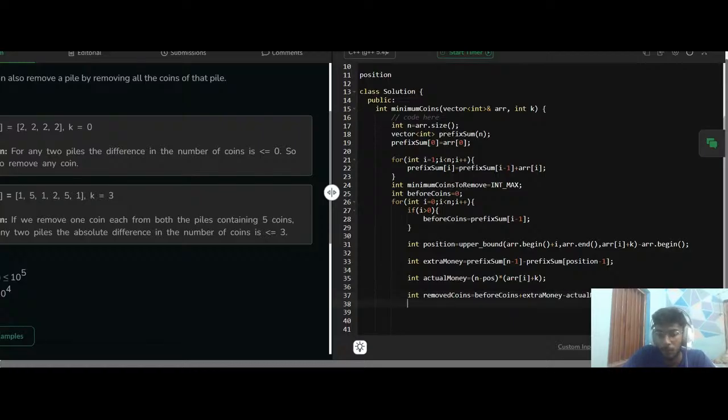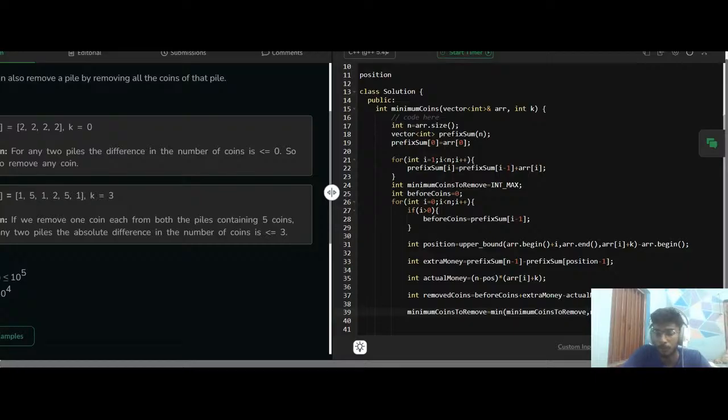Okay, and we'll just update the answer. Minimum coins to remove is nothing but minimum coins to remove, comma, the removed